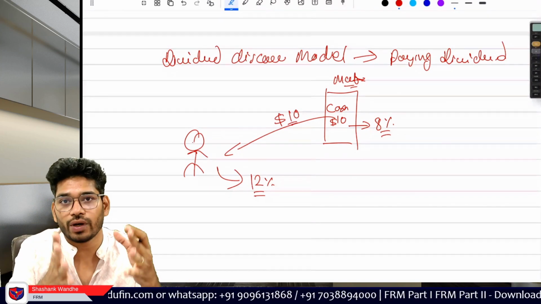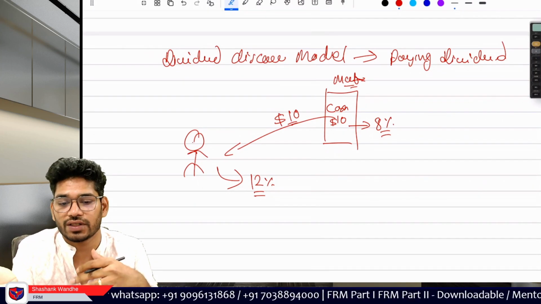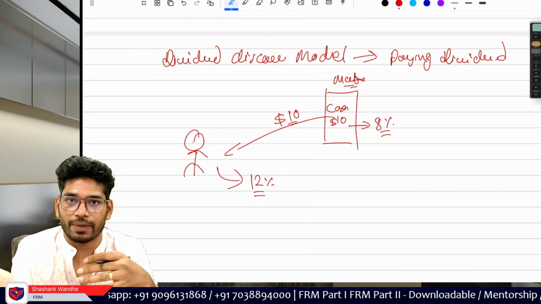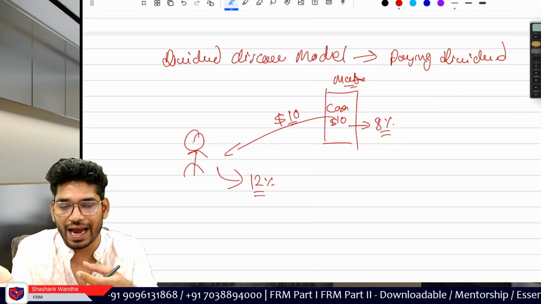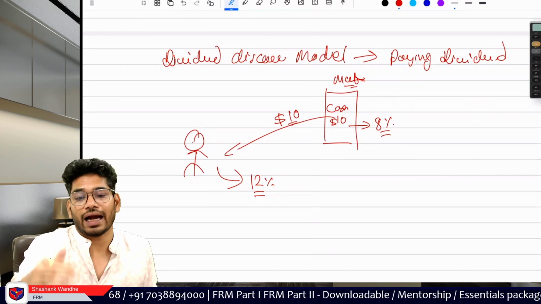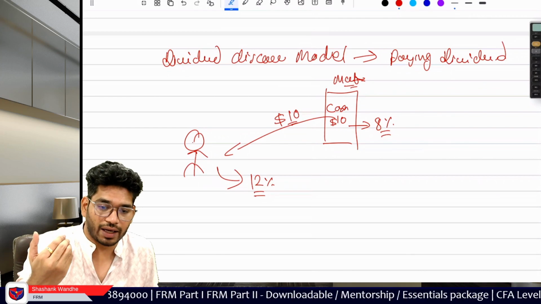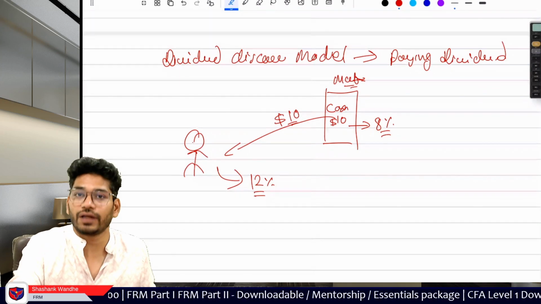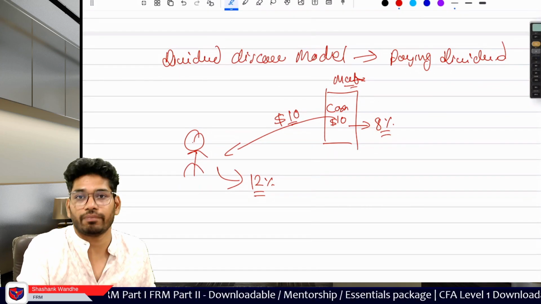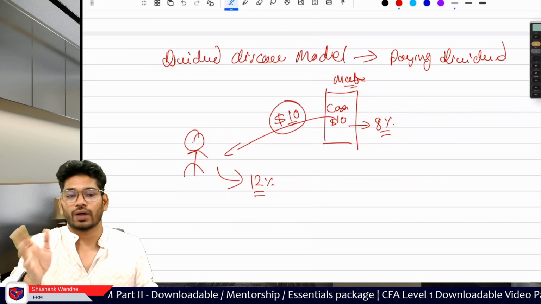It is not like one company can directly enter into some other business. Here the company doesn't have an avenue, so if they invest, they will yield 8%. They know that if the investor invests, they will yield 12%. So it is better to pay them this cash. The company will get rid of the idle cash they are holding, and the investor will be happy too. The investor thinks, the management is so nice, they are paying us our cash, and we will invest this cash and yield better returns on the same cash. So this is how it works.